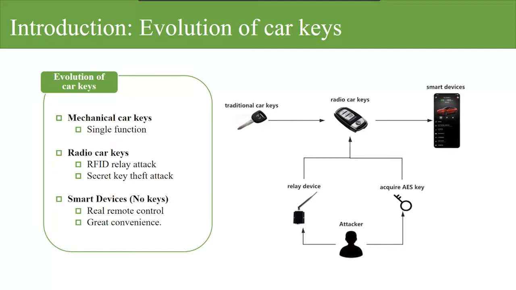What's more, when the long-term symmetric secret key stored in the radio key is acquired, the vehicle control right will easily be changed. Furthermore, with the development of the Internet of Things and the Internet of Vehicles, smart remote vehicle control